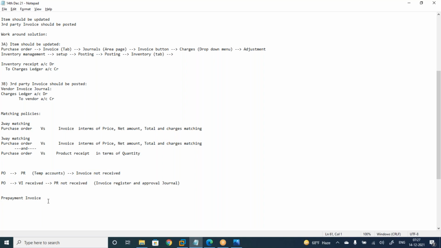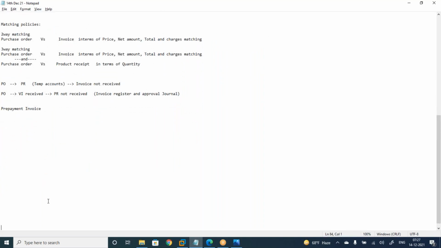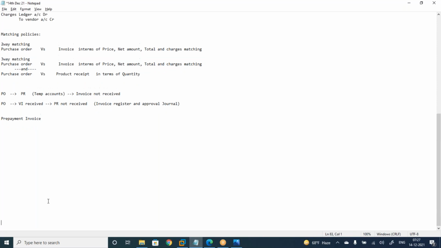Next topic, prepayment invoice. In this prepayment invoice, there are two methods. Suppose I want to do the payment. Take the example of one purchase order. A purchase order is created. Against this purchase order,